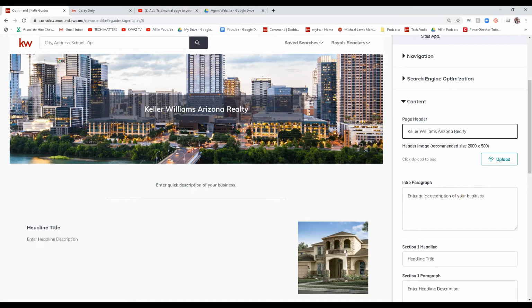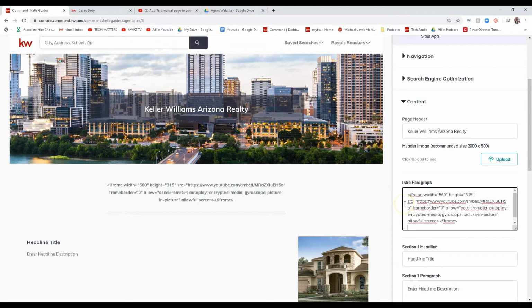We're going to do that at the end. So now the intro paragraph, this is kind of cool. It allows you to do a video in the intro paragraph. So I've gone to YouTube and copied the iframe data out of YouTube. So if you wanted to do a different video, you can go to